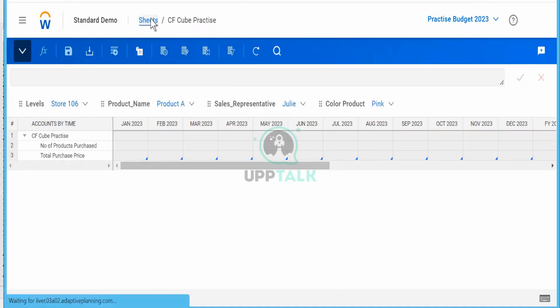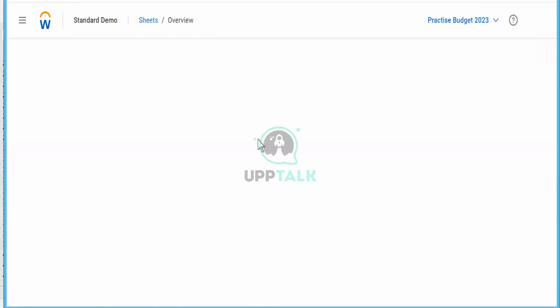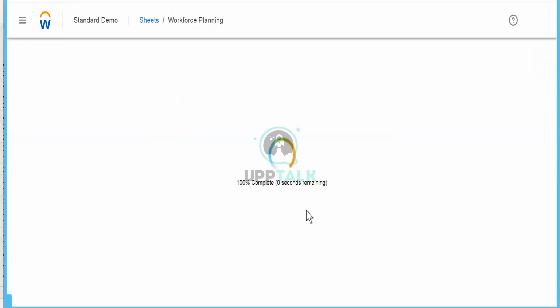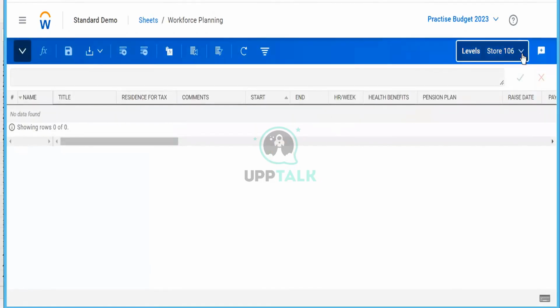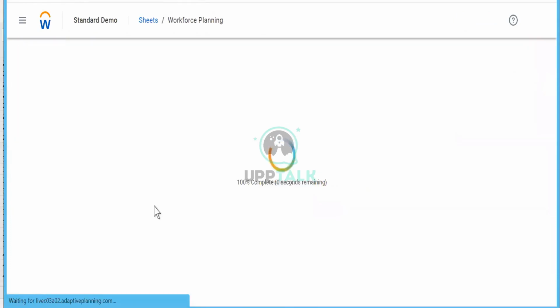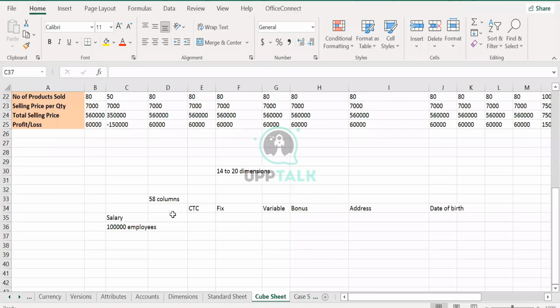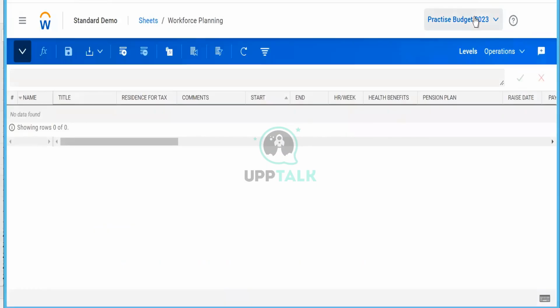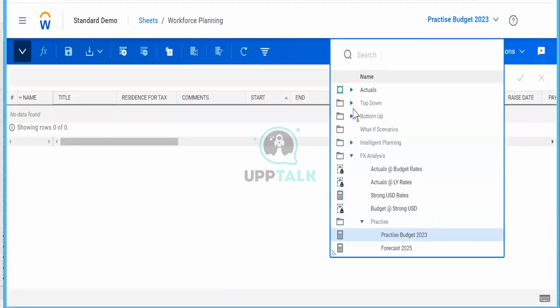I will quickly show you one example of a model sheet where you will see how dates are even captured. I think workforce planning can be one. Let's see if we have any data in that. You will see data columns are also there. I will just click on operations. It is just like a customization thing, whatever people can do in an Excel file. They can change the columns also. They can change this also. I will have to change your work budget also.